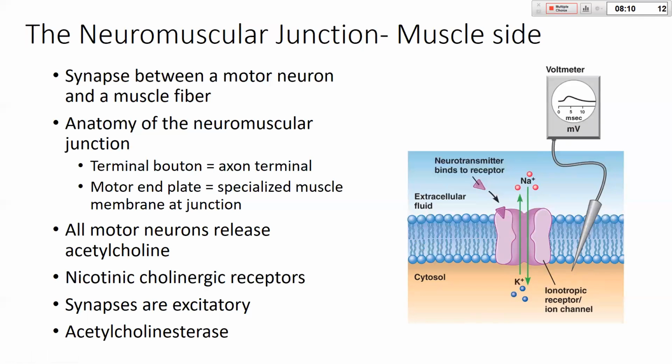Now, important to mention is that the synapse at the neuromuscular junction is always excitatory. So from the nerve terminal over to the muscle fiber, this can only be an excitatory action. And when it does excite, the muscle will contract. Okay. There's also the enzyme acetylcholinesterase, and we're going to talk about how